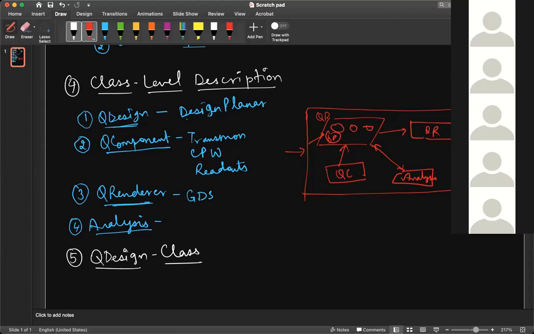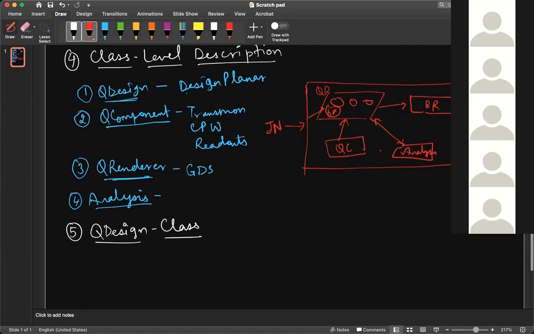Finally, when we want to export through the Q renderer, we can export it into the GDS format. So that is the whole procedure. Here you have the Jupyter Notebook, and this is the whole architecture of Qiskit Metal.